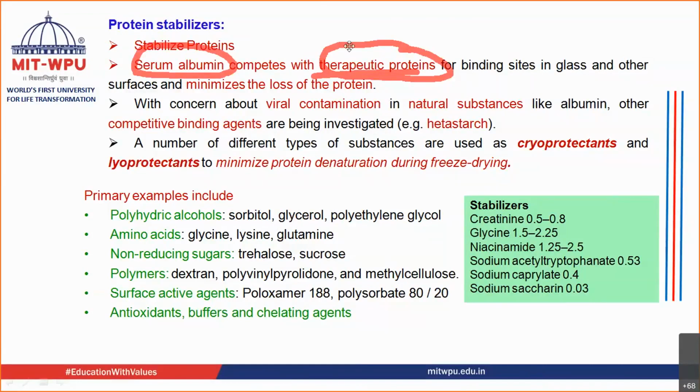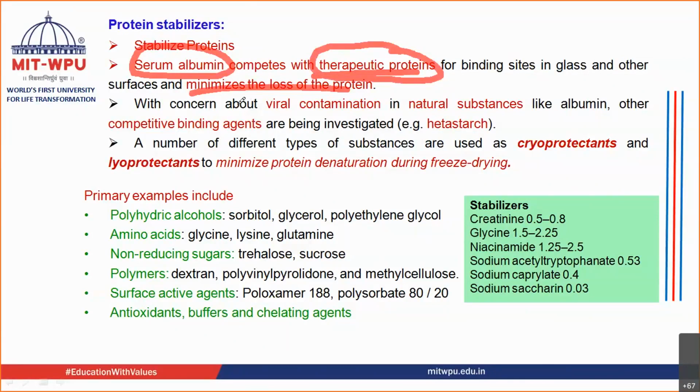So what is happening is just like what was happening in the case of your antioxidants. Here also, to this therapeutic protein, what you add is serum albumin, which is also a protein. Now, if the destabilization of protein has to take place, then serum albumin will get destabilized, whereas your therapeutic protein is going to get protected. Right? Are you understanding this? And that's why the loss of your therapeutic protein is being minimized over here.